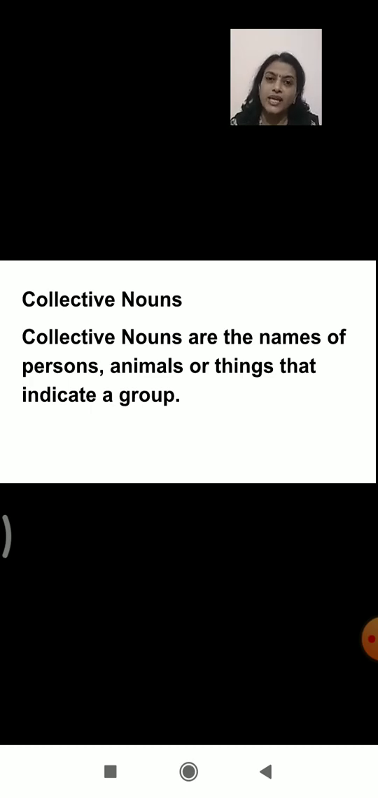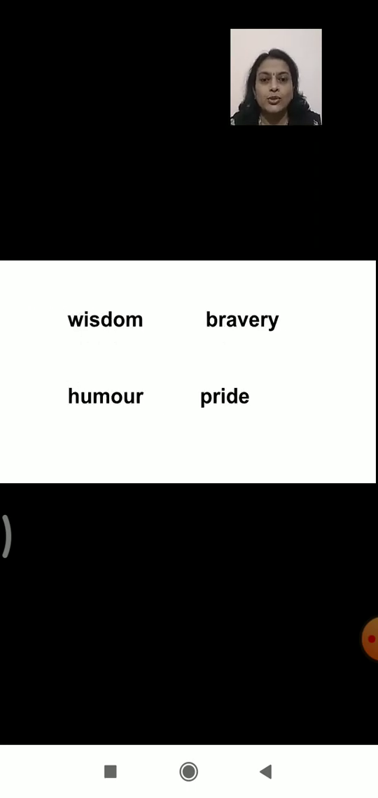Now today in our class, we are going to learn a few more kinds of nouns. Let's see what they are. In front of you, you can see a few words written there. Can you read them? Just read with me then. The first word is wisdom, then bravery, humor, pride. Just repeat. Wisdom, bravery,